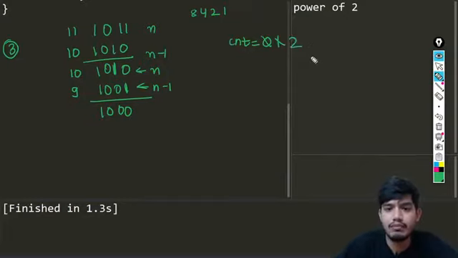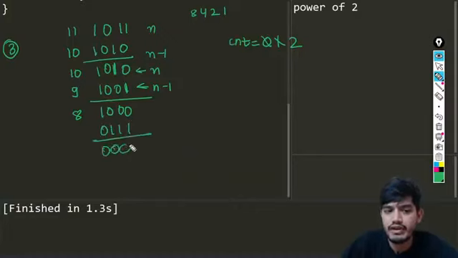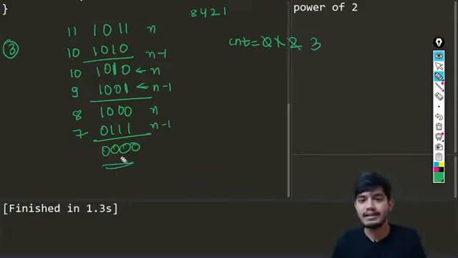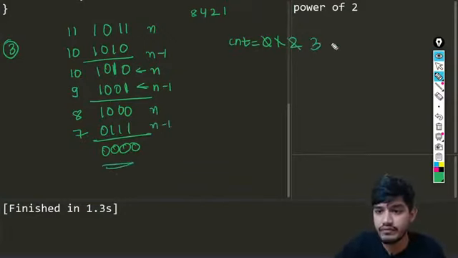Okay, then again I am going to do the same task, which is n minus 1. So what is the value of n minus 1? n minus 1 is this one, and again I am doing the AND operation, so I will get all the values to be 0. Again I am increasing my count, so you can see all the values have become 0, and the count has been increased to 3. Okay, as simple as that.